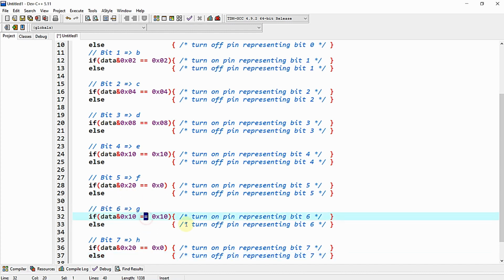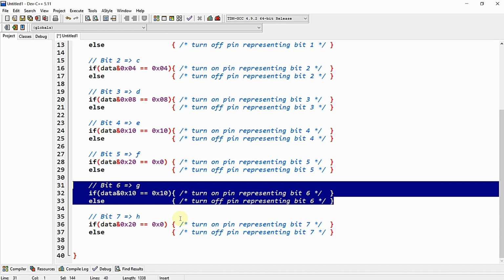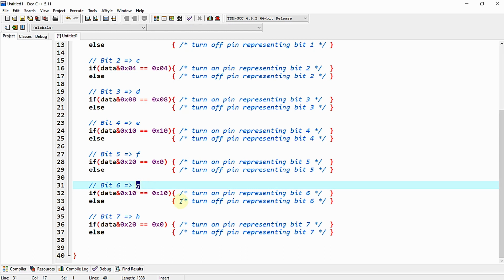This condition right over here, that is the bit number 6 condition, is useful for deciding the state of the pin which is representing bit number 6 in the byte of data, or the state of the pin which is connected to the G terminal of the 7 segment display. So I can write data ampersand of 0x40 is equal to 0x40,